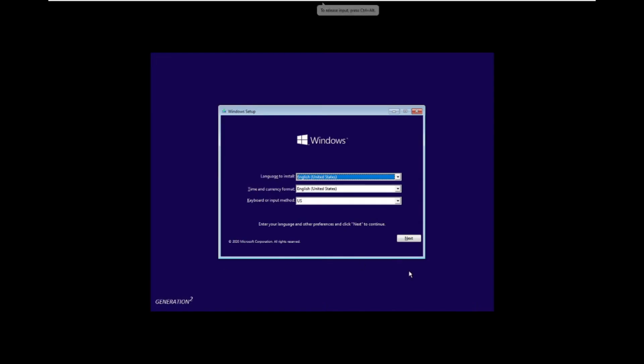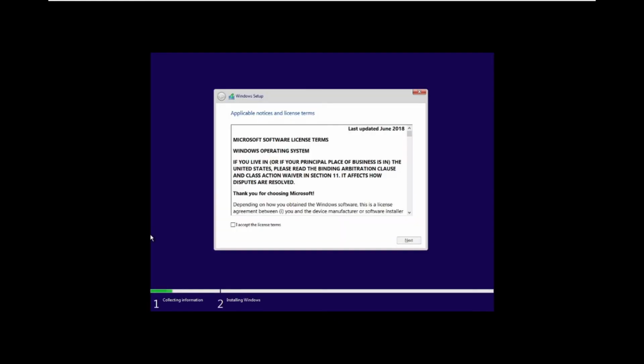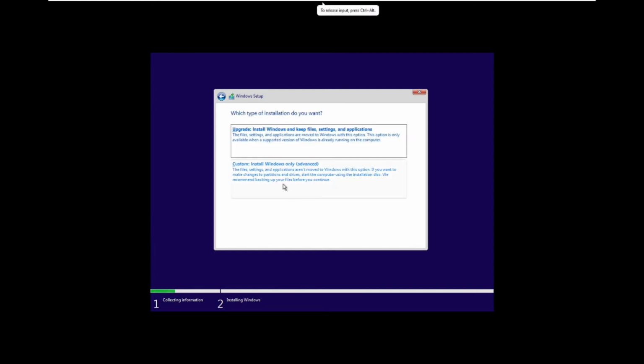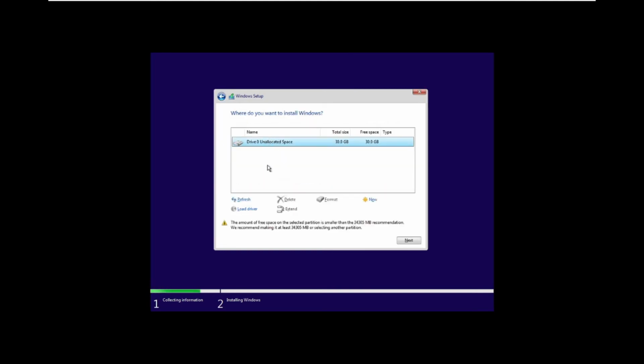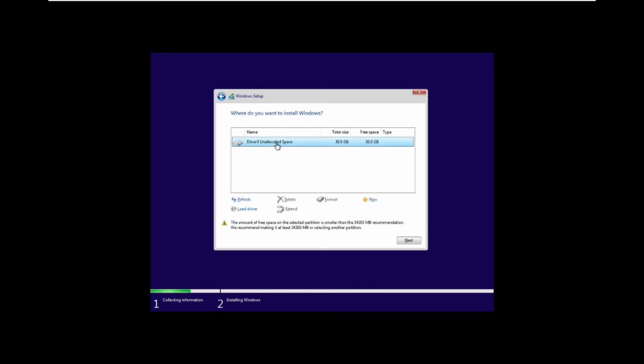Now that you've booted up on your other computer, go ahead and select your language settings. In my case it's English UK, and hit on next, and then hit on install now. At the next window, just accept the license agreement and hit on next. You can either choose to a custom install, meaning you could see a list of drives here. What you can do is either delete the partitions, or you can just install over the top of them and keep your files. I'm going to do a custom installation because there's nothing on this computer, so just hit on next,